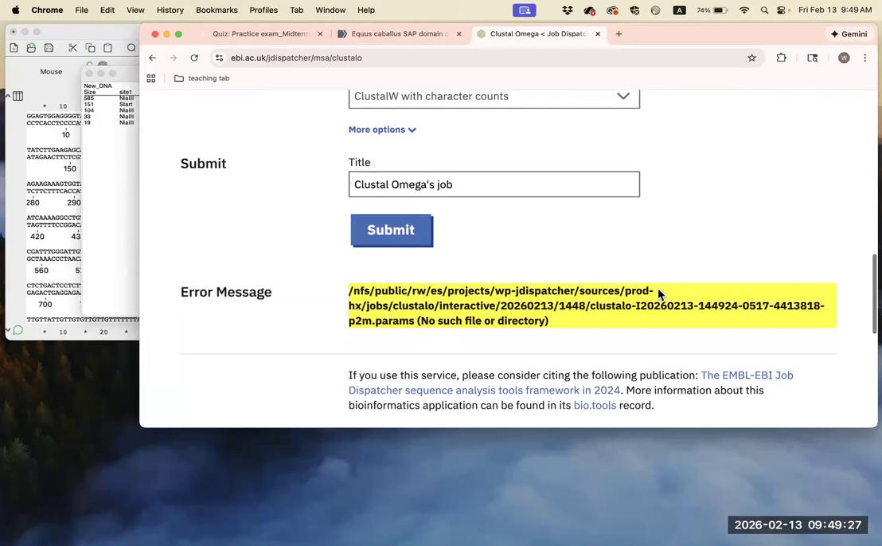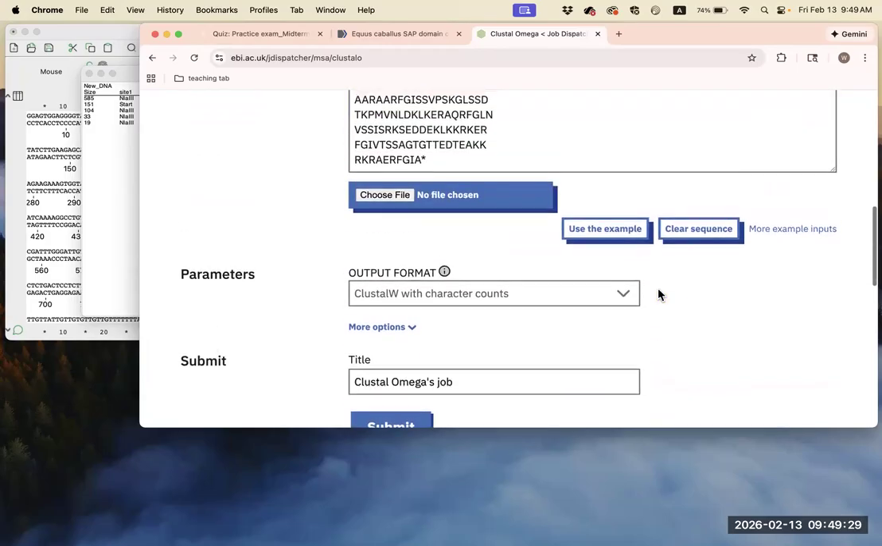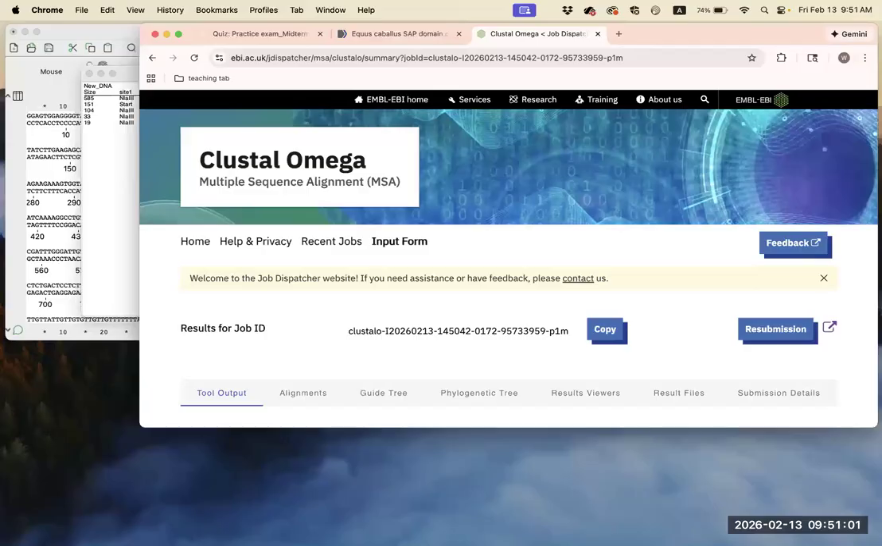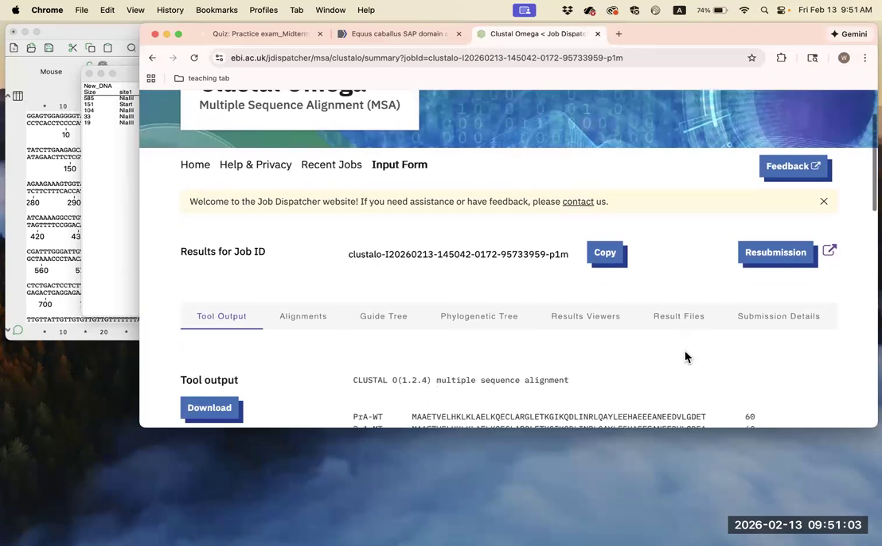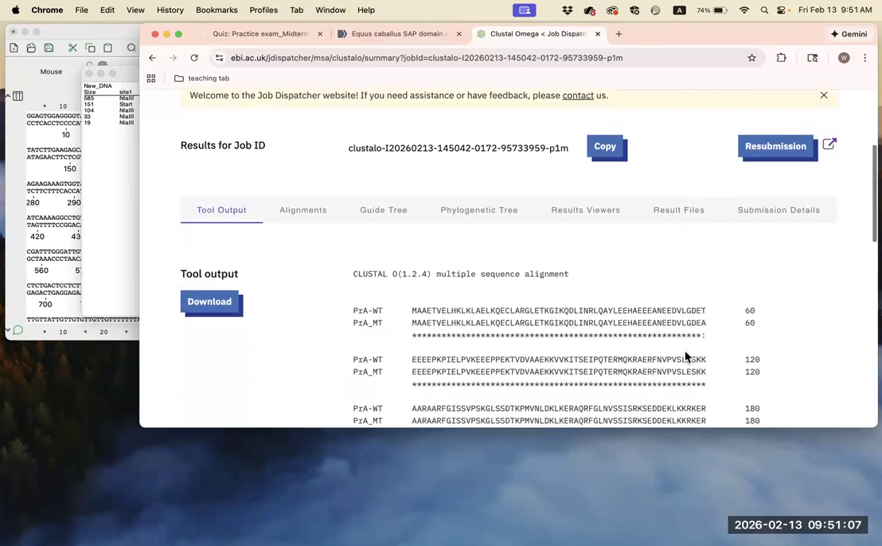Okay, so it looks like I'm experiencing some error message. All right, so let me pause the recording here. All right, so not sure what happened. I reran the job and it went through. If there is any unusual output, you can always close the tab, reopen the tab, and resubmit your sequence